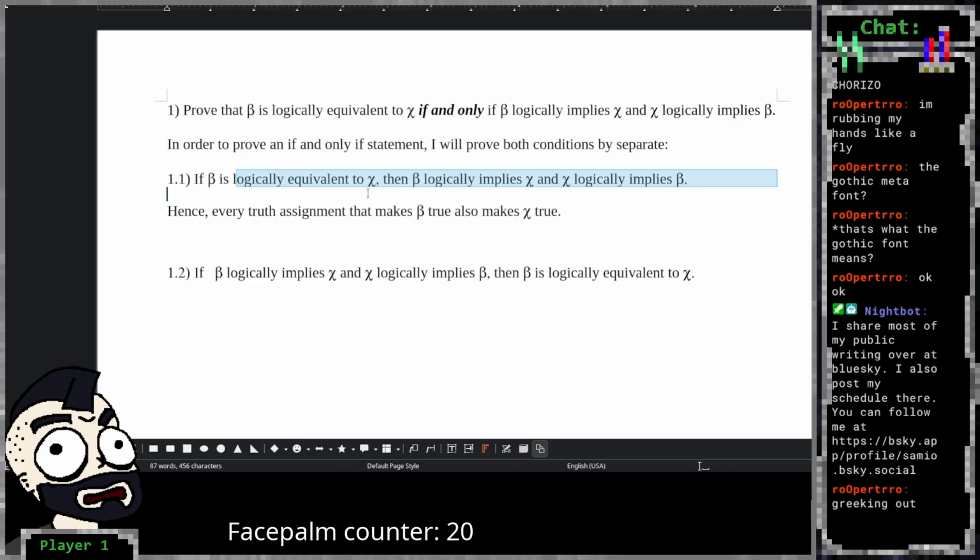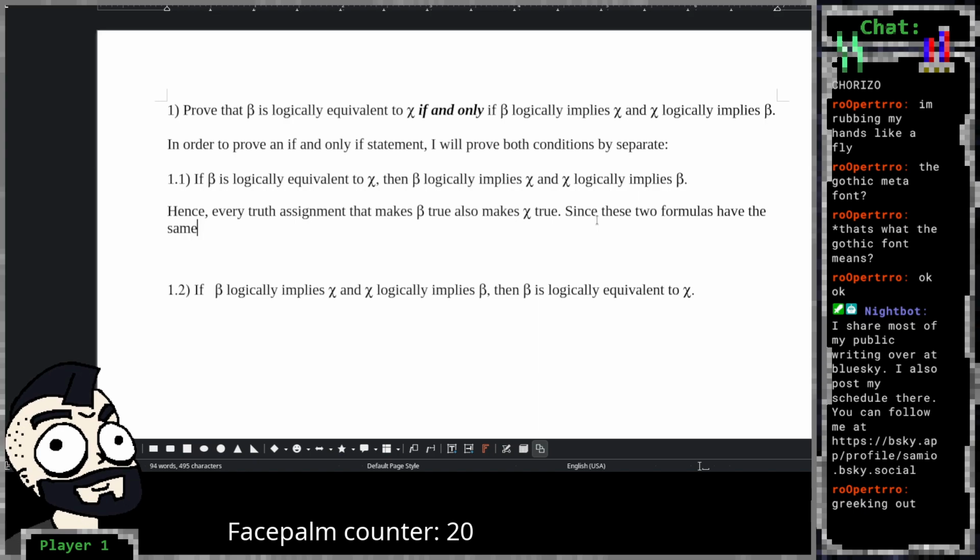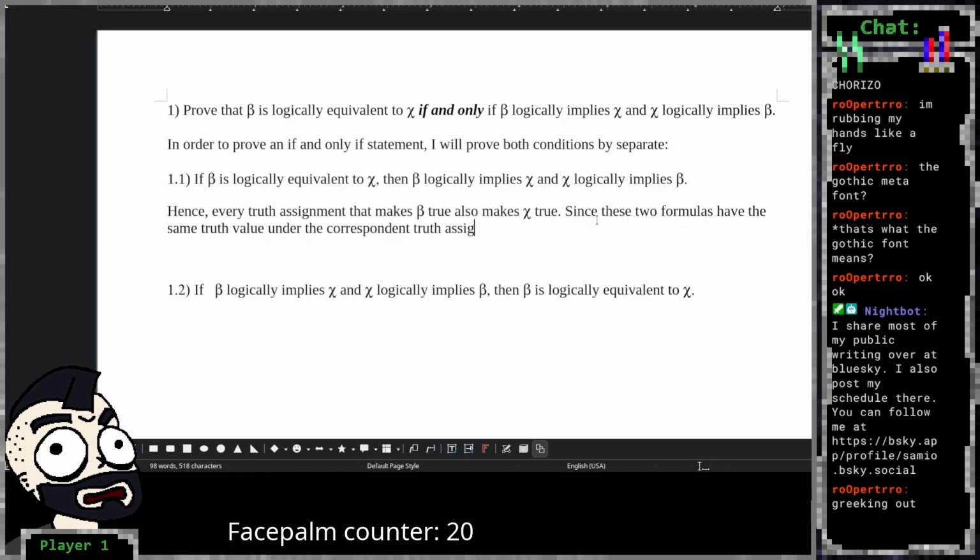See, I've just broken down what logically equivalent means into a simpler set of words and meaning. Since these two formulas have the same truth value under the corresponding truth assignments,